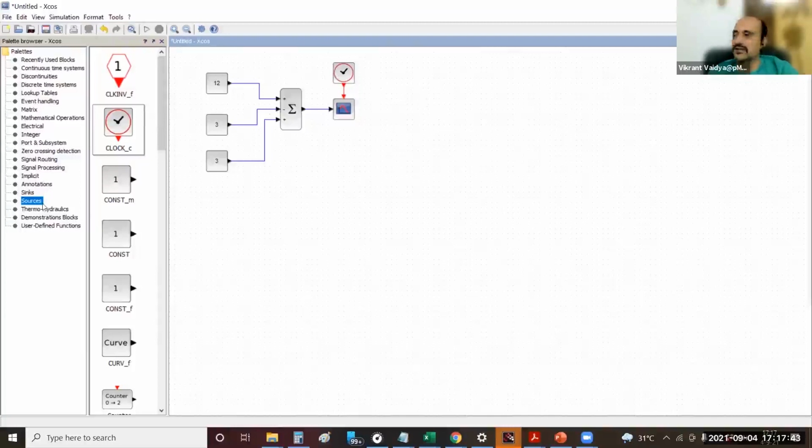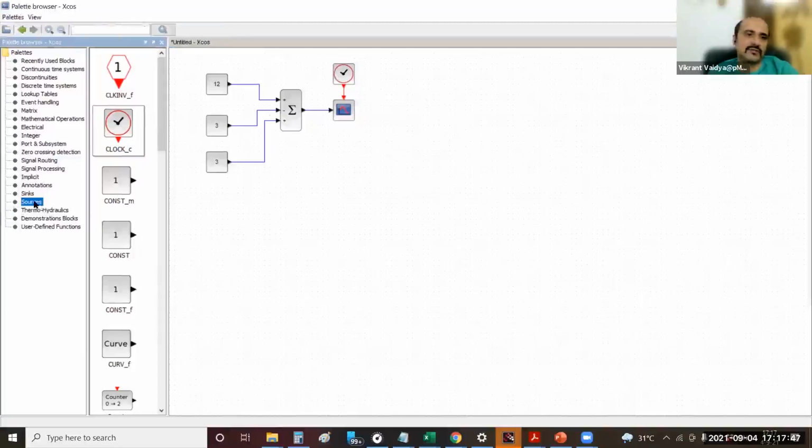Once again, this red clock is basically in the sources palette. In the palette browser, you go to sources, it is the second element there, clock underscore C. You pull it into the model, and then just connect the red output of the clock to the red input of the C-scope.